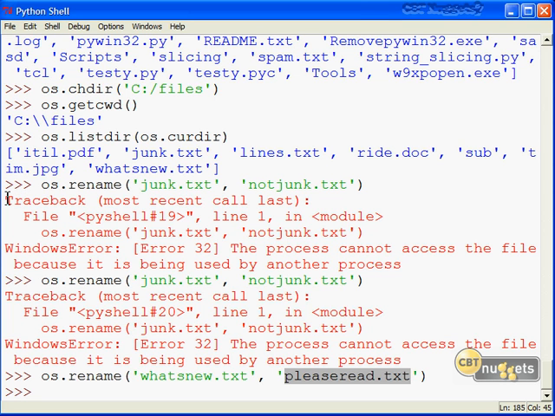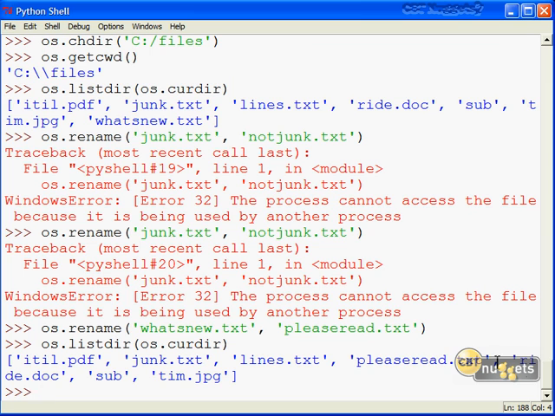Now these tracebacks are actually a good instructional moment for us. When we manipulate files, when we do things like renames and opens and reads and writes, we are opening a file handle that hits the operating system. So as far as the host OS is concerned, the Python process does have control of that file. So for instance, you're not going to be able to open and write a file that's already been opened by Python in, say, another program. You see what I mean? Now if I call listdir, we should and definitely do see that the file was successfully renamed to pleaseread.txt.